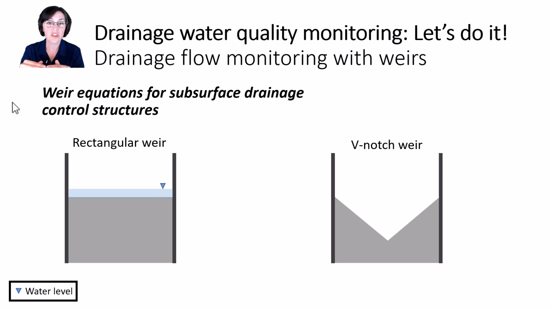However, if you change the shape of the overflow area, and rather than having a wide area for the water to flow over, instead have a triangle, all of that water flowing gets squeezed into that triangle and the water height relatively increases more when you have more flow. For example, in the V-notch weir, as your flow rate increases, your water depth would go from here to here. So you can see the difference in how much that water height changes, which is just easier for pressure transducers to capture.